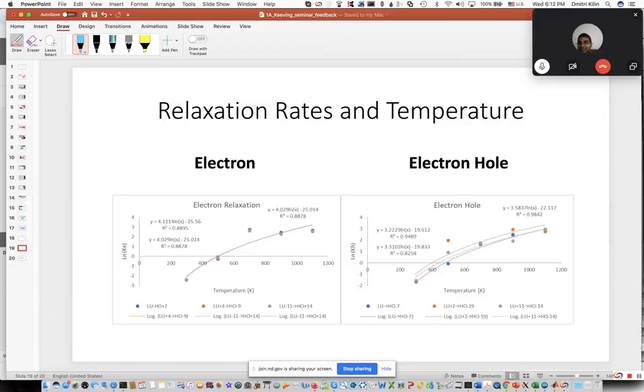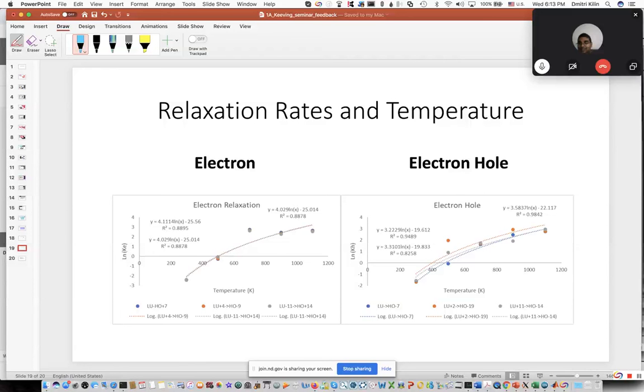I'm on the next slide. Here we're seeing how my relaxation rates change with temperature. Even if you take a cursory look at this, we immediately see that the rate of change of my relaxation rate with temperature is the same, no matter what orbital transition you're looking at. This goes for the electron as well as the